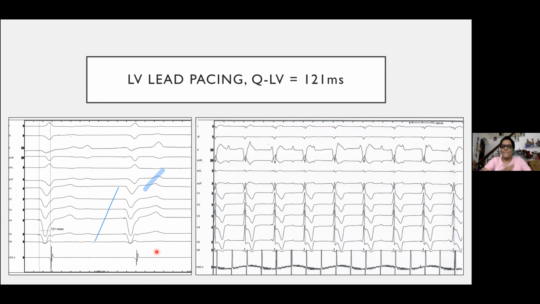And this is the kind of voltage that you are supposed to see, not the kind of fragmented voltage that you normally see in the interventricular septum in these scarred patients. And when you pace LV, this is the kind of pacing QRS that you get on only LV pacing. So this is pure LV pacing. And you can see the difference between this LV pacing and the LV pacing of the first QRS, which I showed you.